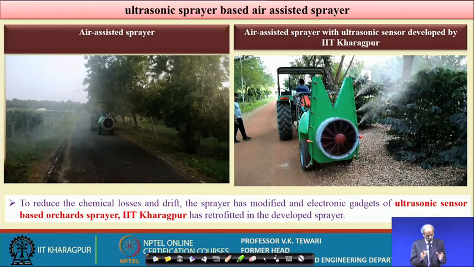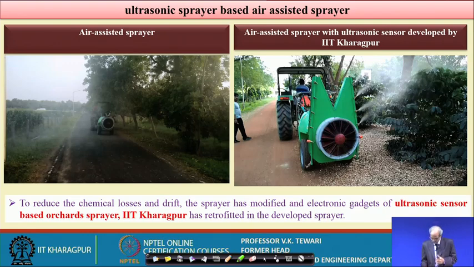We also need to maintain the pressure, and maybe the size of the solenoid valves. We observed certain of these aspects, and that is why we are confident that the ultrasonic sensor system which has been developed is worth having, it will save the chemicals, and definitely it will be better for the farmer. So, the cost of